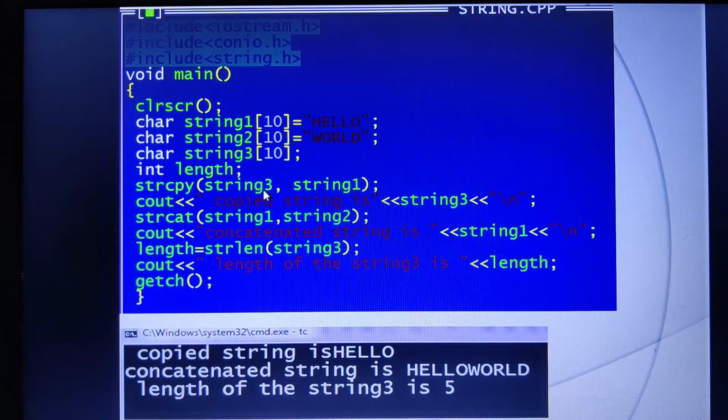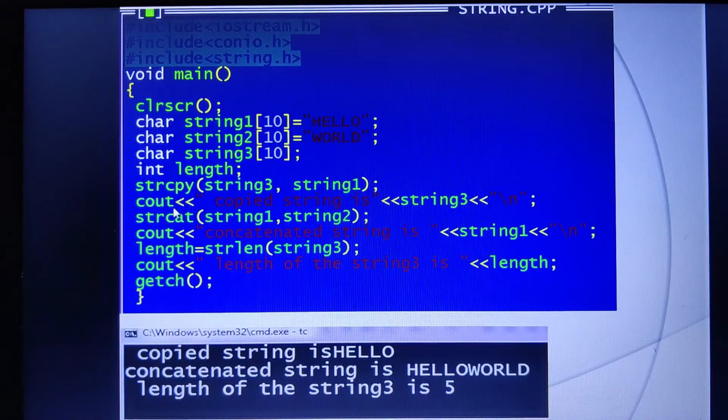It cannot hold the data, only 2 characters it can hold, and the other part, LLO, will be completely truncated. It should not happen like that. So string copy says that whatever is there in string 1 will be copied in string 3, but string 3 should have enough storage locations to hold the content. I hope you are able to understand.